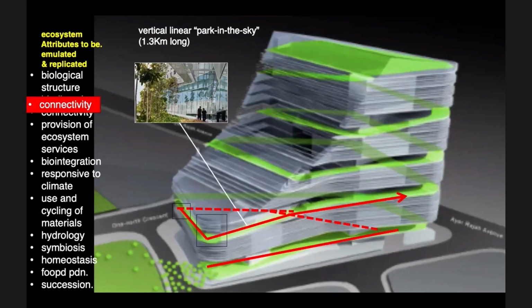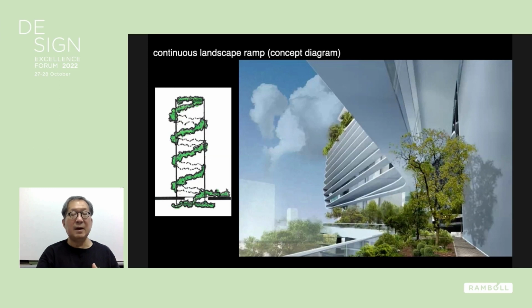And so, taking this idea further, the intention then is to have a series of ramps around the building, which connects the vegetation to the ground plane. And our design here is to achieve 1 floor for every facade. For every facade, the ramp covers 1 floor. Then for the other facade, it goes another floor and spirals all the way up. And so this is the inspirational drawing that we did. You can see the ramp, you can see the vegetation, you can see the facade of the building.